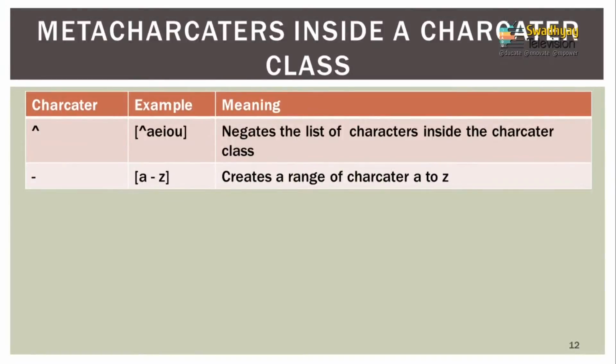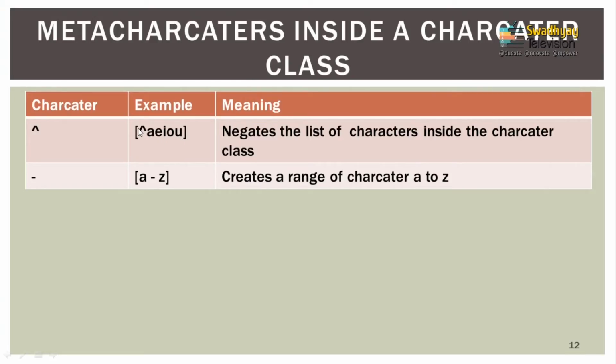Now the special characters that we are using inside it are known as meta characters, and a meta character inside a character class has a special meaning. For example, this symbol is known as a caret symbol, which is on your keyboard at the number 6. When you press shift and 6, the upper character, the caret symbol, is used. For example, within square brackets if I write caret AEIOU, that means it will check any character which is not A, E, I, O or U, meaning any character except AEIOU, but within the square bracket.